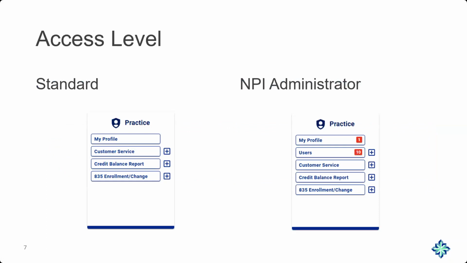Now, the portal has 3 levels of access. Eligibility users have access to their own account details, eligibility checks, MBI lookup, and customer service. These users would not have an option to submit an 835 enrollment change request. Standard users have access to all eligibility user functions along with access to non-administrative functions for claims, e-refunds, notices, things